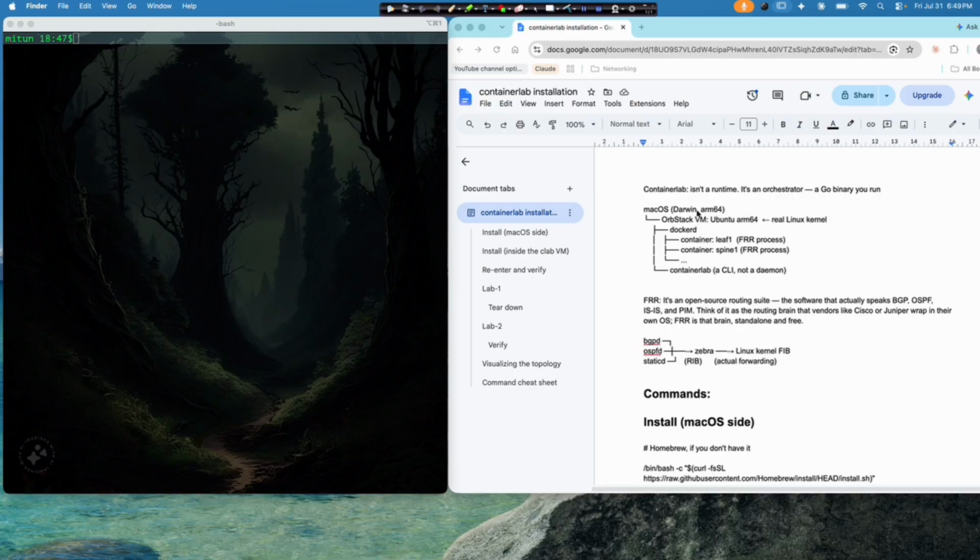We have a macOS machine, which is Apple Silicon based, meaning ARM64, and then we'll use a hypervisor or VM manager, which is OrbStack. In that OrbStack, we're going to use a VM. We are using Ubuntu here. Then inside the Ubuntu machine, we are going to install Docker, and this Docker container will help us